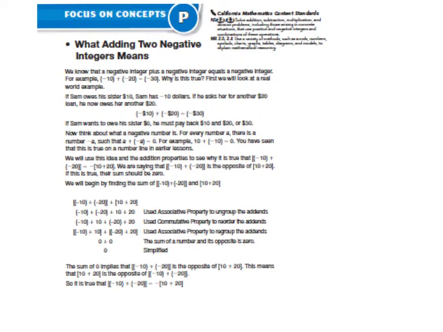We will use this idea and the addition properties to see why it is true that negative 10 plus negative 20 is the same as the opposite of 10 plus 20. We are saying that if negative 10 plus negative 20 is the opposite of 10 plus 20, this is true and their sum should be 0. We will begin by finding the sum of negative 10 plus negative 20 and 10 plus 20. So negative 10 plus negative 20,